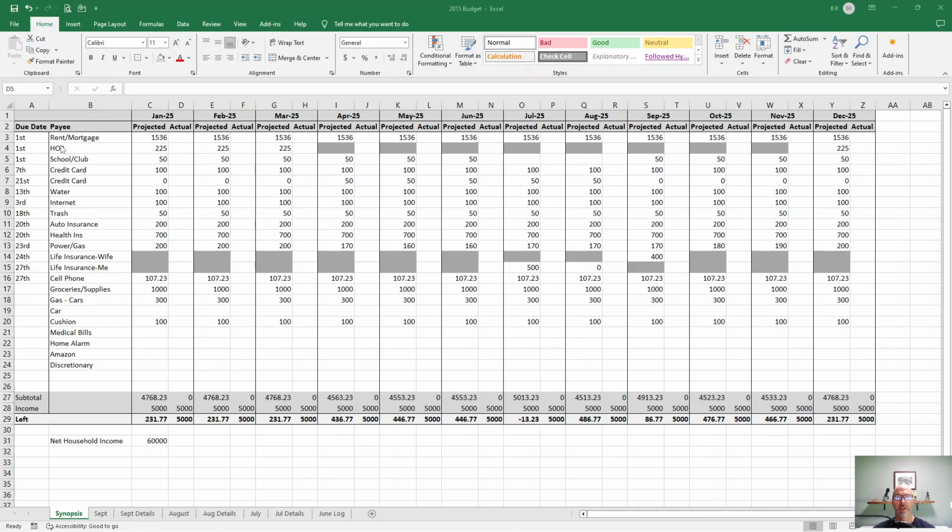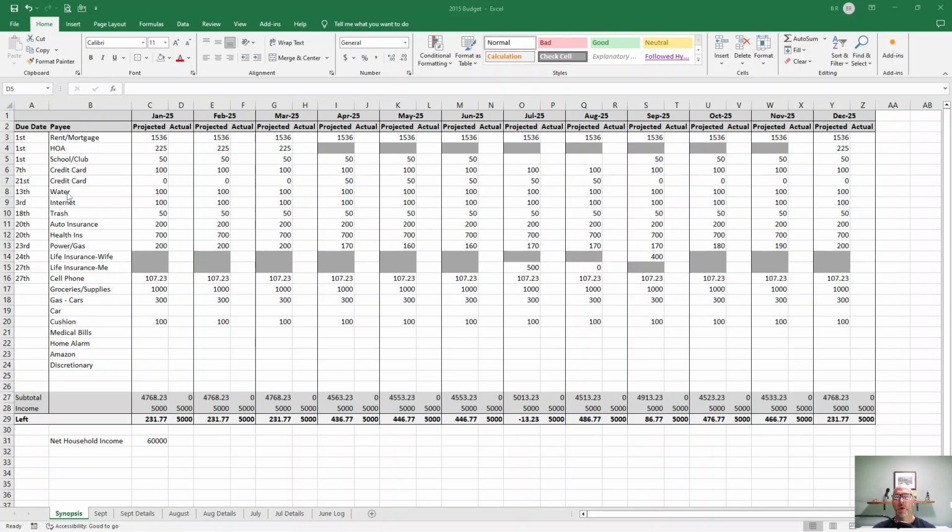Obviously the average American is going to have either rent or mortgage. Some people will have homeowners association dues, or they may have fees for your rental for things like amenities, pool, spa, whatever it may be that's attached to your apartment complex. Some people will have school or club fees. Credit cards, of course, are a major part of American life right now, so I've got a couple of those